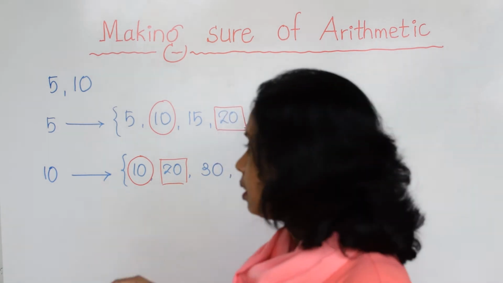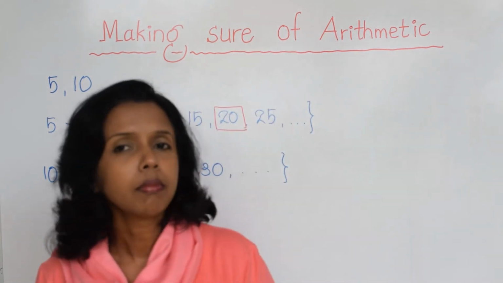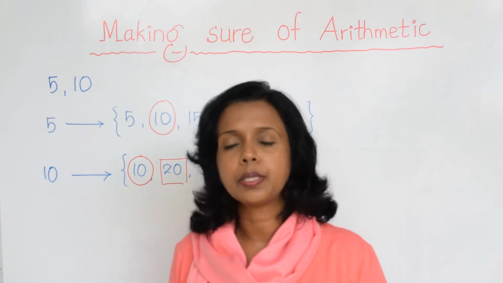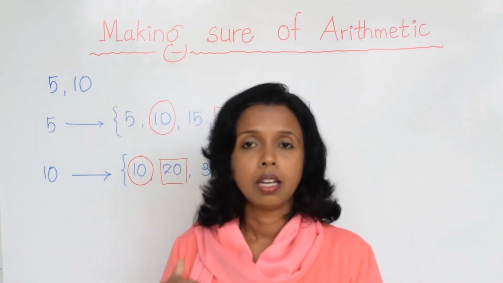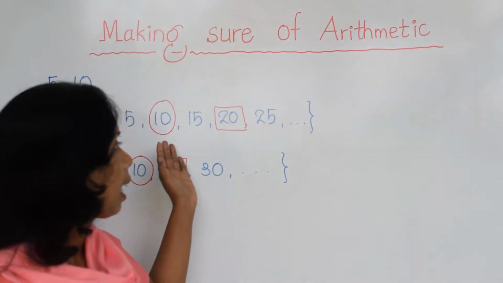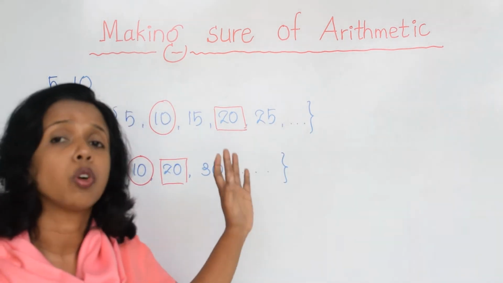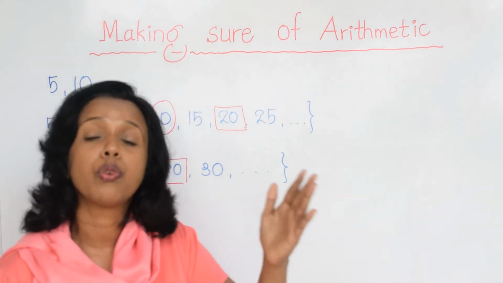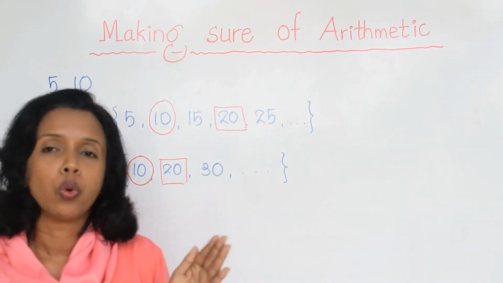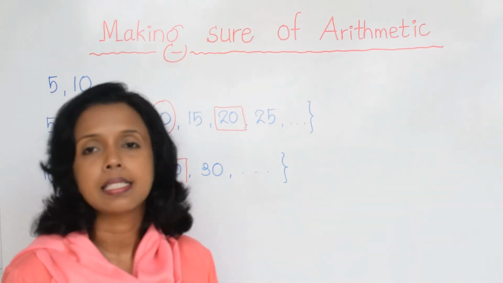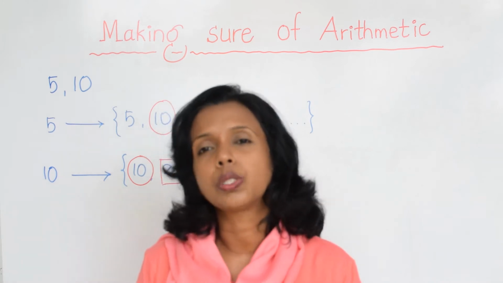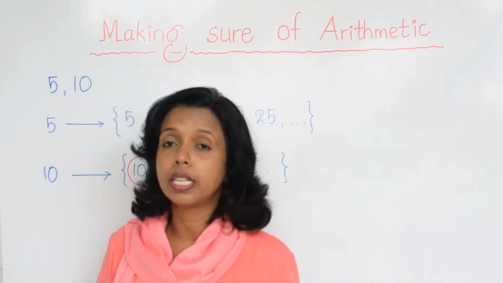So this is the first method. I told you I don't like this method. Because why? We want to have a list. Then we want to highlight the common multiples. Then we want to find the lowest common multiple. So in the examination, children, we cannot spend that much time on our workings.